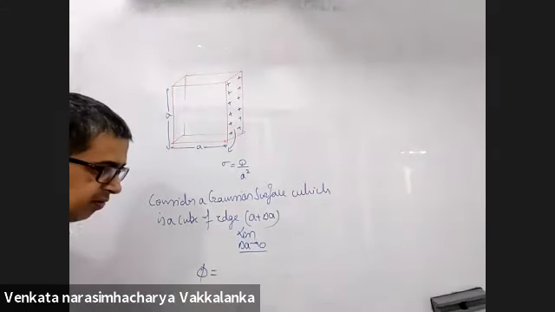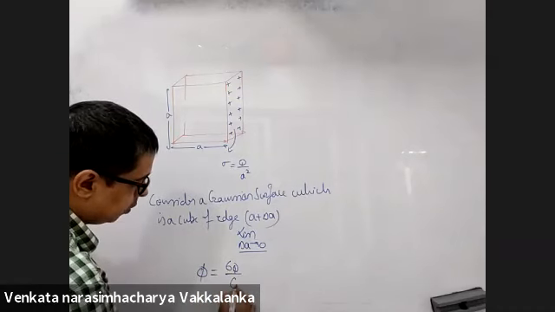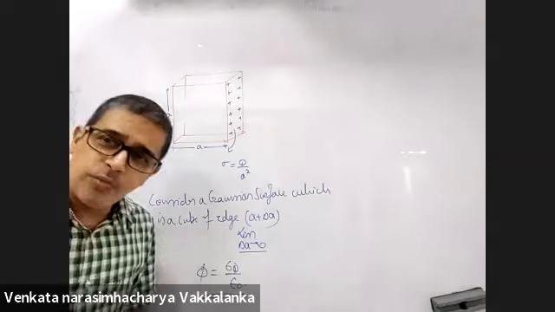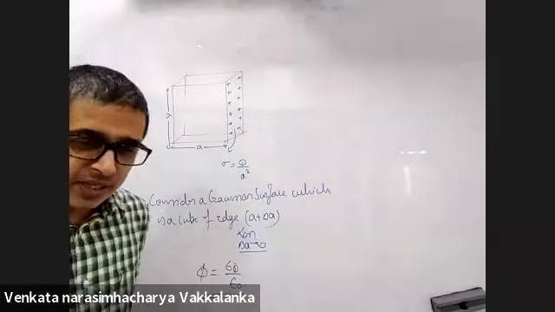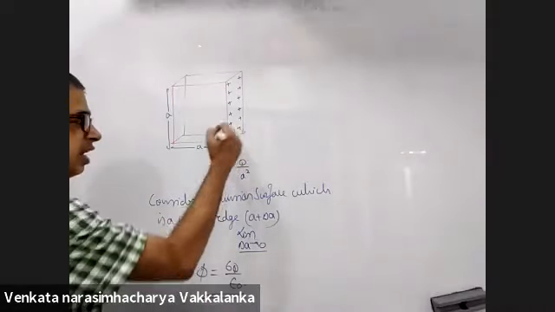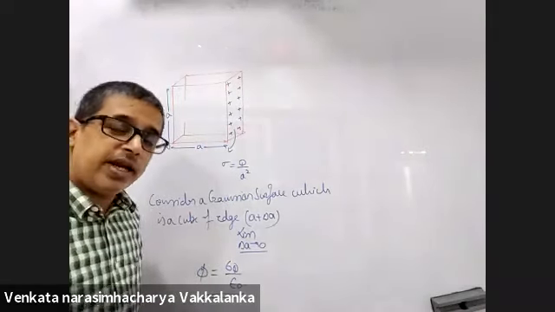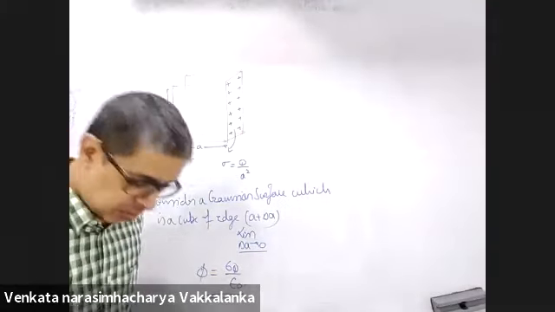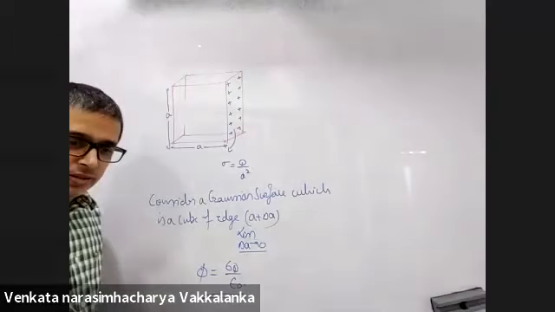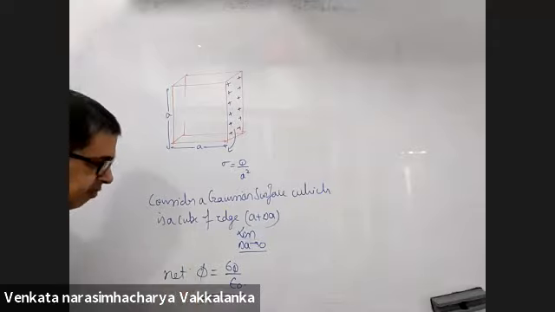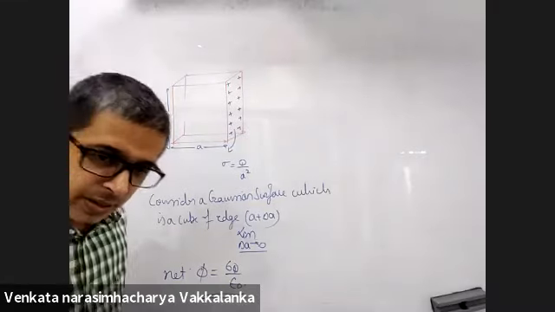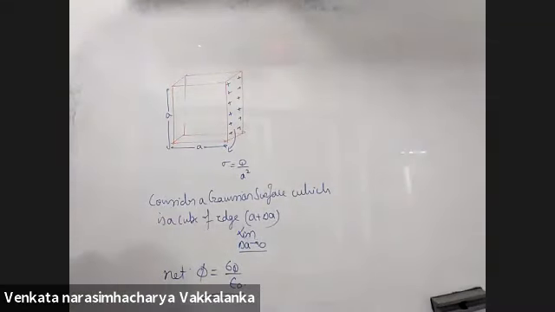Net total flux will be 6Q by epsilon naught through that particular cubical Gaussian surface. Do you agree with that? Q by 6 epsilon naught will not be right. Each face has a charge of q. So what is the net total charge enclosed inside the Gaussian surface? 6Q. So 6q by epsilon naught is the net flux through the cubical Gaussian surface. Agreed? Yes, sir.